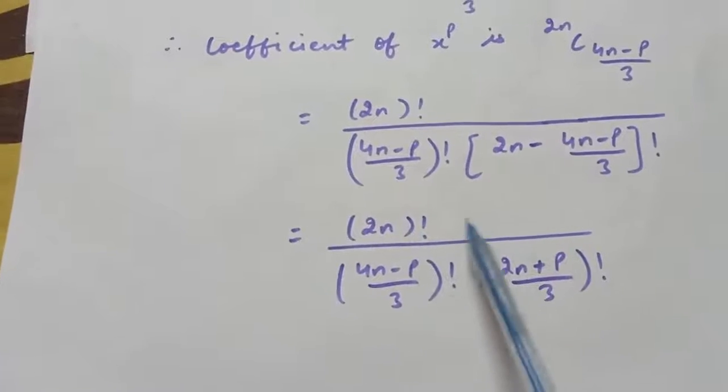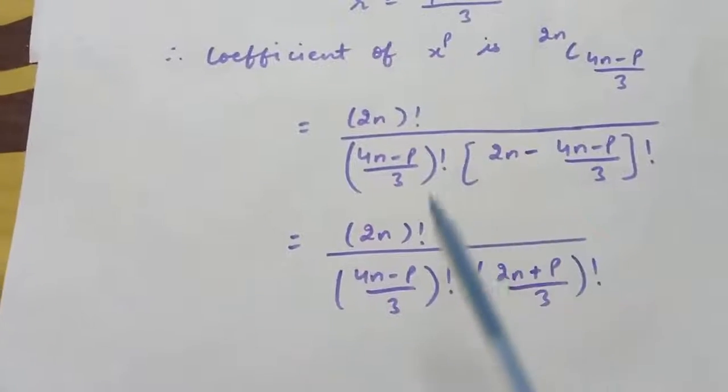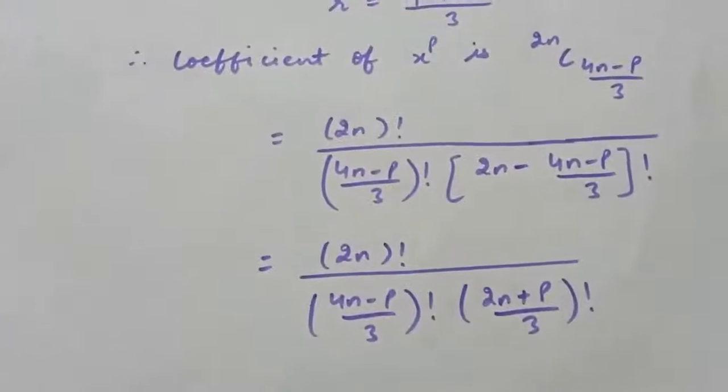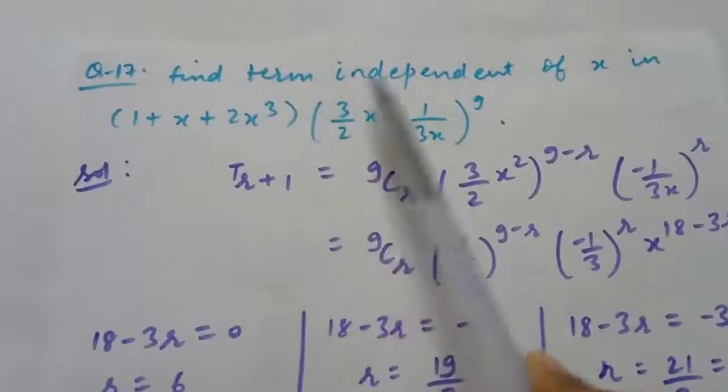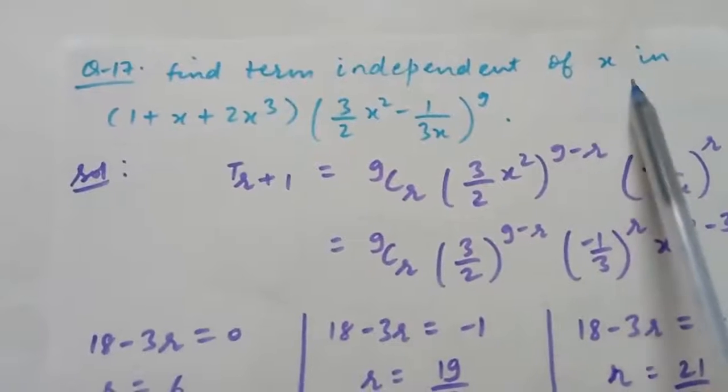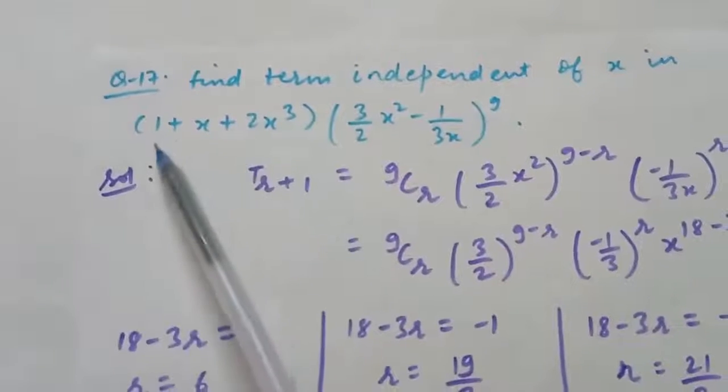This is what we wanted to show. The coefficient of x raised to the power p is this. Clear? Question number 17. Find the term independent of x, that is the constant term, in this: (1 + x